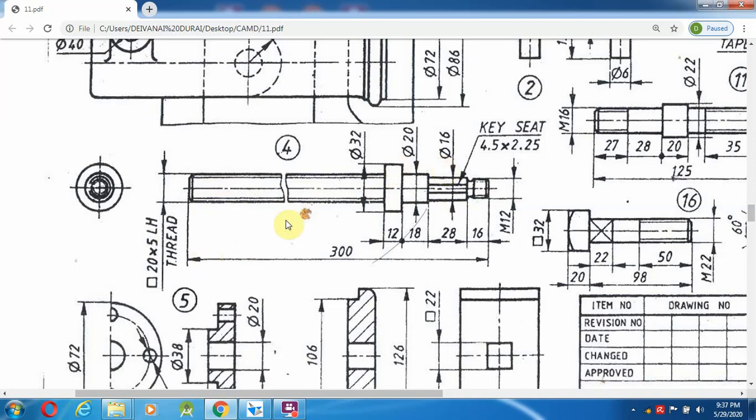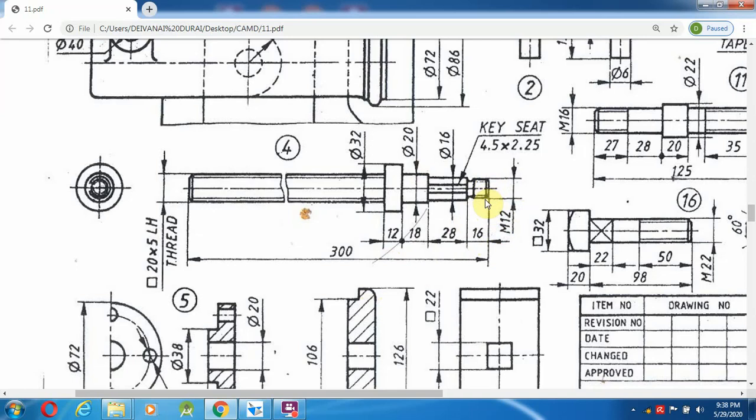Okay, now I'm going to do it with the help of the protrusion command. First I'm going to draw the smaller one. What is the size of this one? It is 12 mm diameter and 16 mm length. As we have seen in the previous assembly drawing, up to 12 mm, 16 mm, the solid cylindrical part we have to create first.